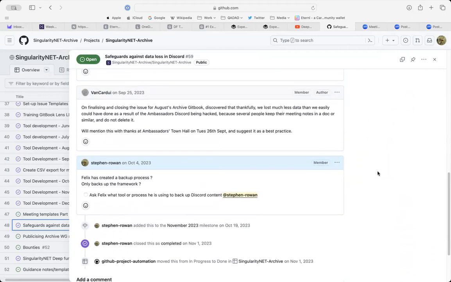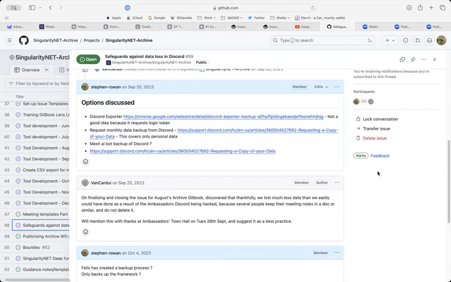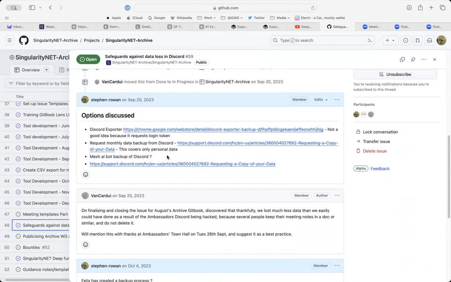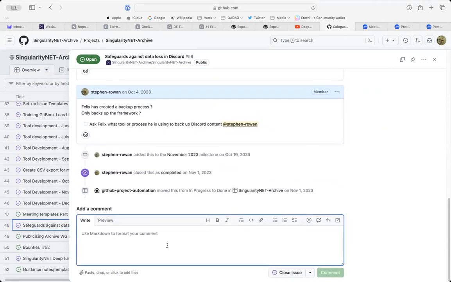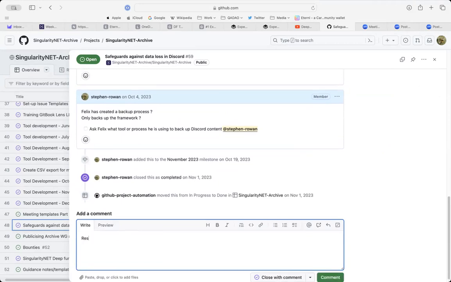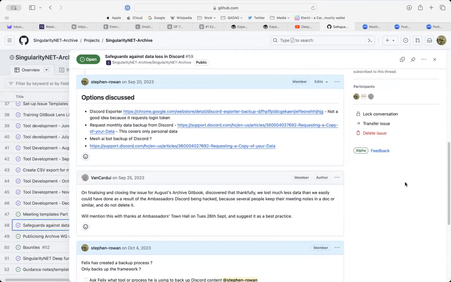There might be a way with a Discord bot to save all the messages in the chats and all the servers. That's possible. I can do some research. Maybe there's a way. There are ways, but they will require a login token, which was initially flagged as one of the causes of the security breach. If those are the only two options, Peter, then there's not really any options, is there? No, fair. Like everybody recovering their personal data and then combining it.